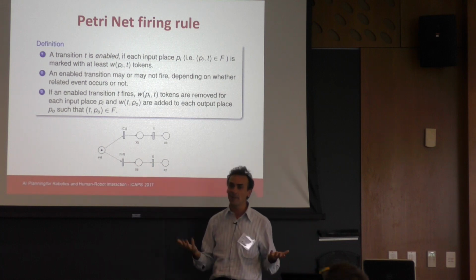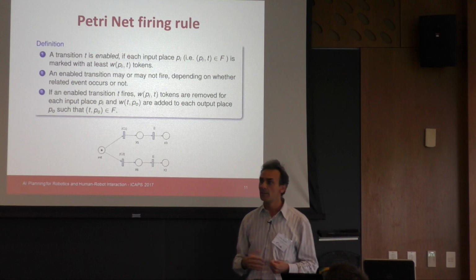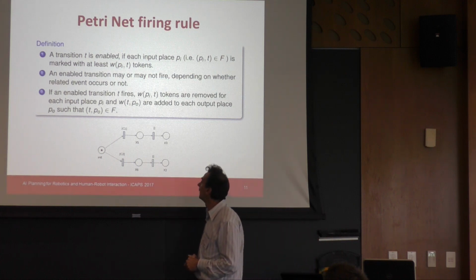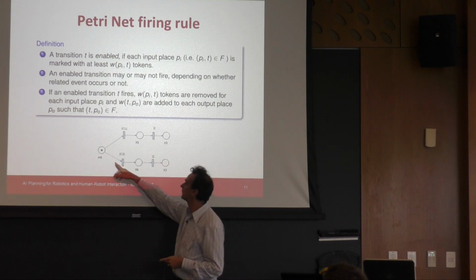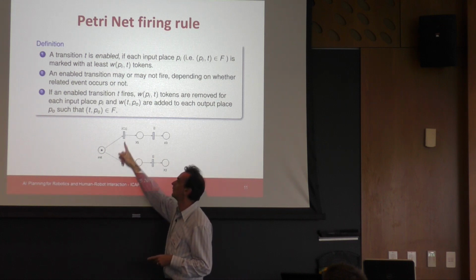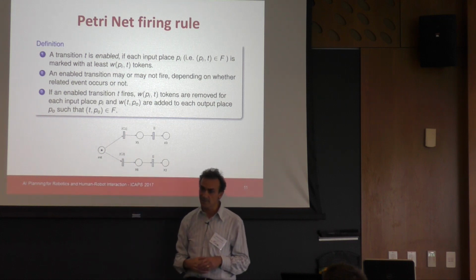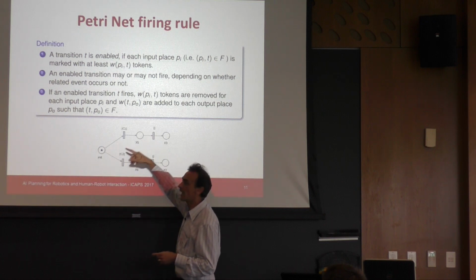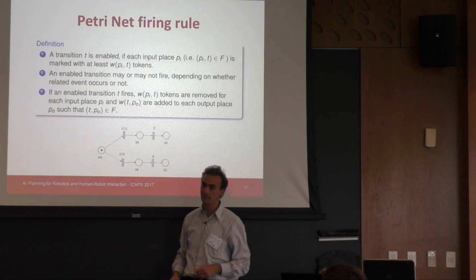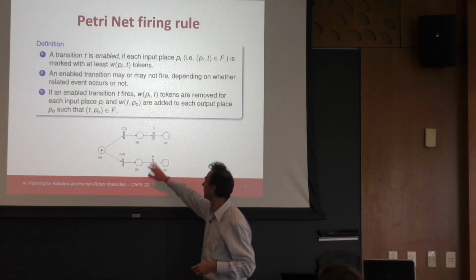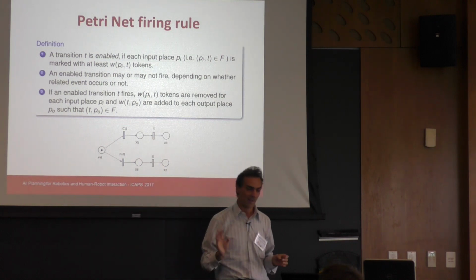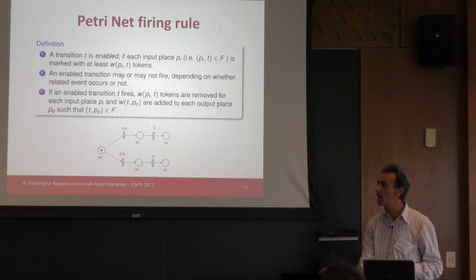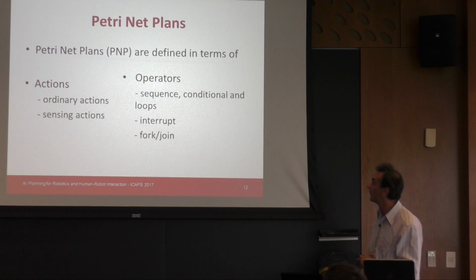Of course, depending on the situation of the Petri net that is evolving, you may have situations like this in which, if both these conditions are true and both the transitions are enabled, they can both fire, and in this case you will have that this token will duplicate and will continue on all the places like this. Okay, so this is just very quickly about what Petri nets are.